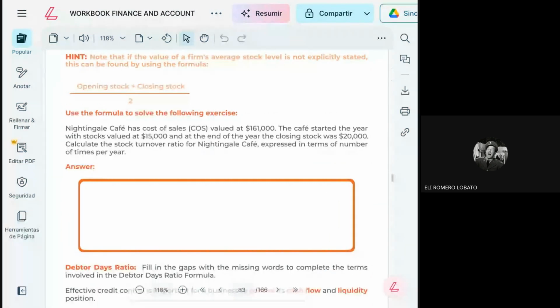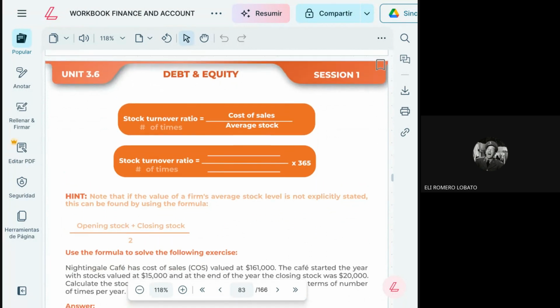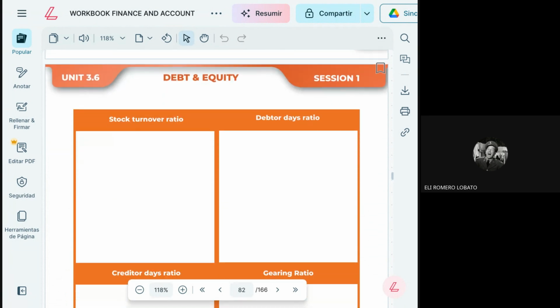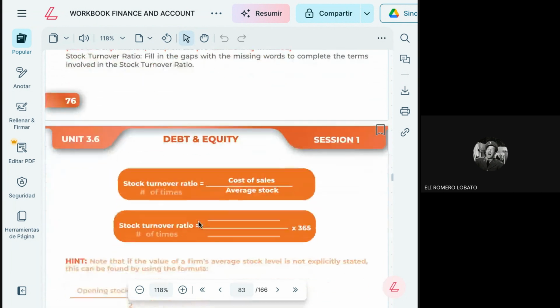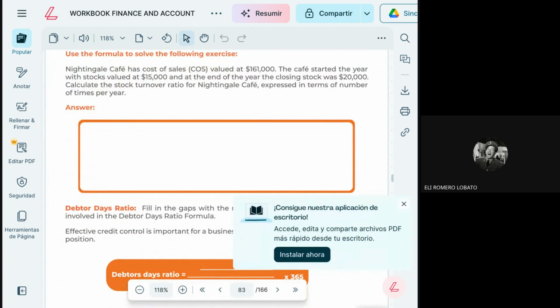Well, we are going to solve these pages, okay? Taking my notes, of course, about previous videos in page 76. Later, we are going to complete the formula, okay? We got here stock turnover ratio. We are going to answer